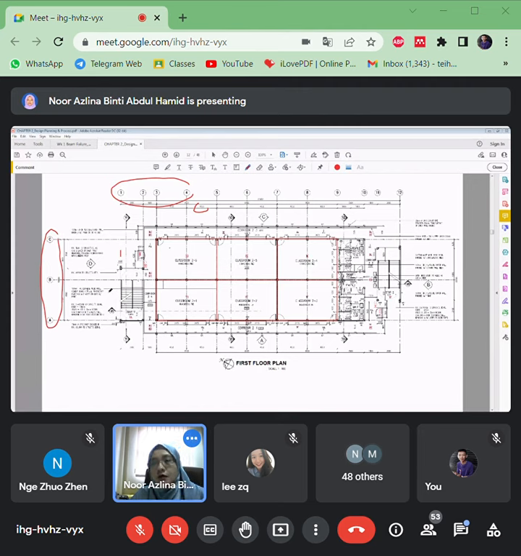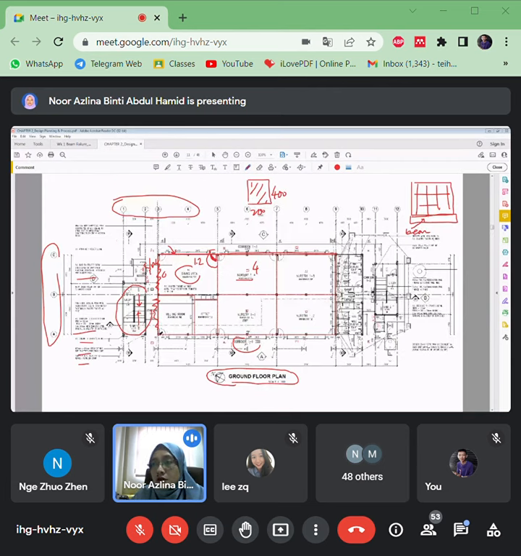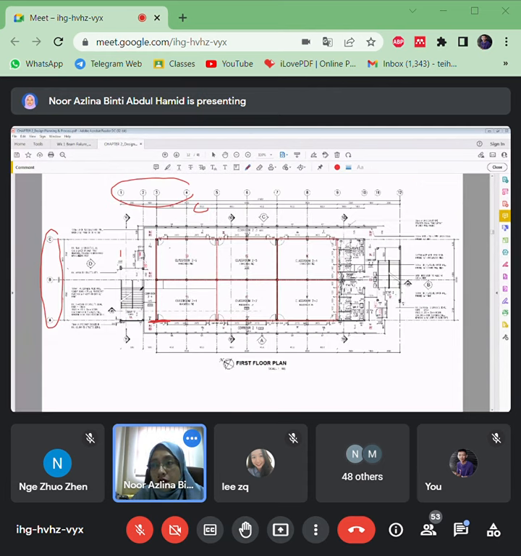Janganlah ground floor, first this wall is A, nanti di ground this same wall starts with B. No, the grid line should be the same for all the layouts.